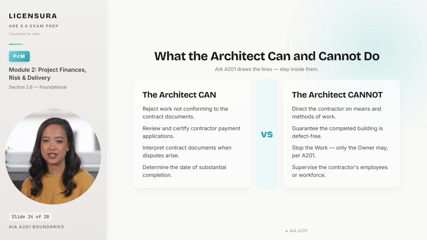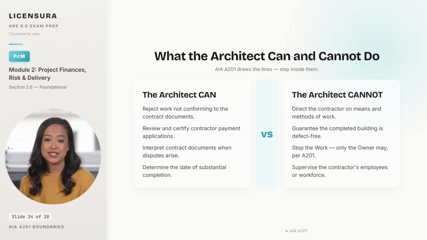You can review and certify contractor payment applications, your monthly check on work in place against what is being billed. You can interpret the contract documents when a dispute arises because the architect is the initial decision maker on document questions, and you can determine the date of substantial completion, which carries major contractual consequences for warranty start and final